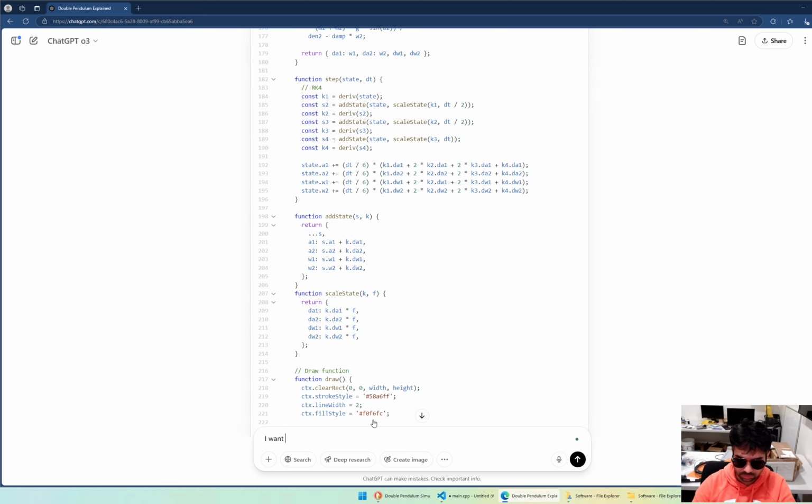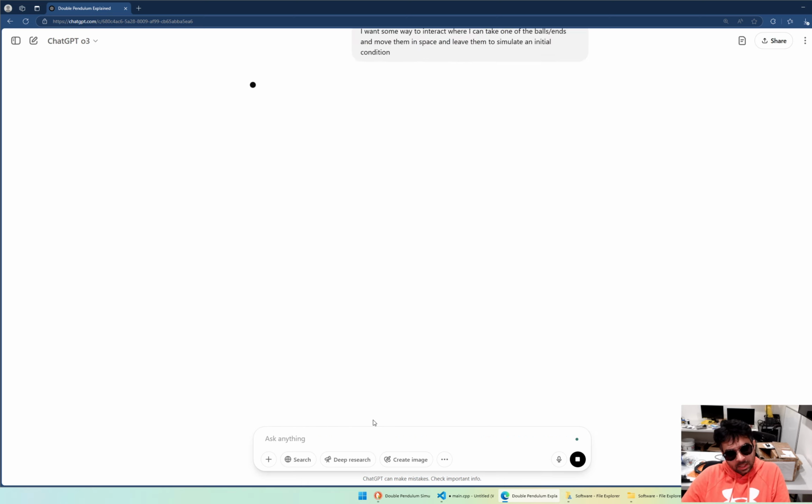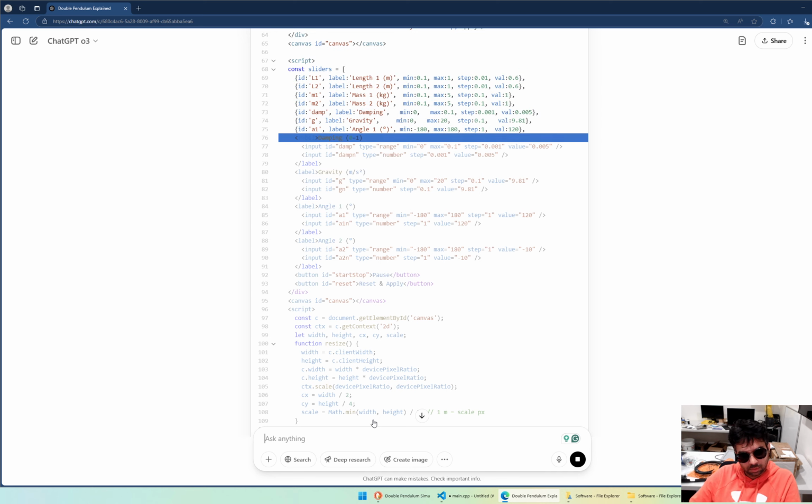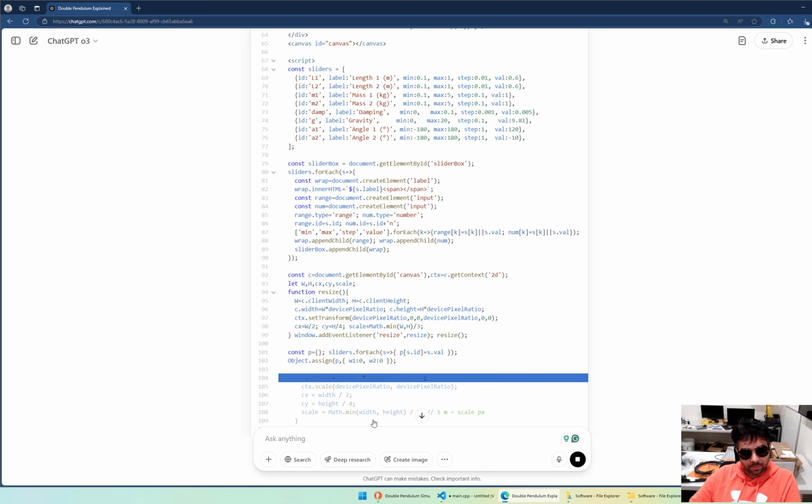I want some way to interact where I can take one of the balls or ends and move them in space and leave them to simulate an initial condition. I think if this was so quick, we can figure out a way to basically show the chaotic behavior of a double pendulum. Like what if